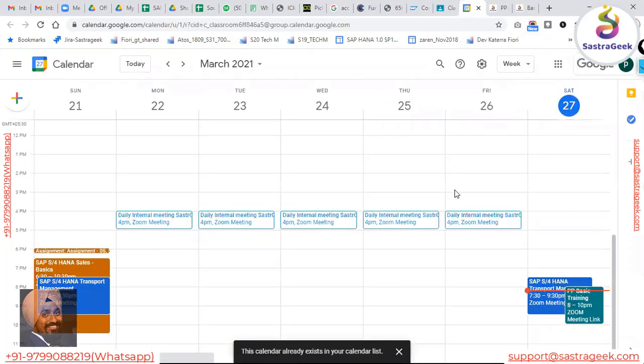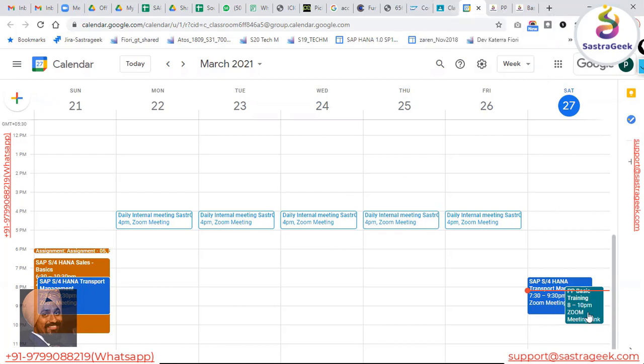So in Google Calendar, you can see here the PP basic training 8 to 10 p.m., right? And from there, when you click it, you will be able to get the Zoom meeting link. There can be the same meeting links, and after a few sessions we also make changes in the meeting links. So anytime you want to check which link you need to join the session, that would be through the classroom.